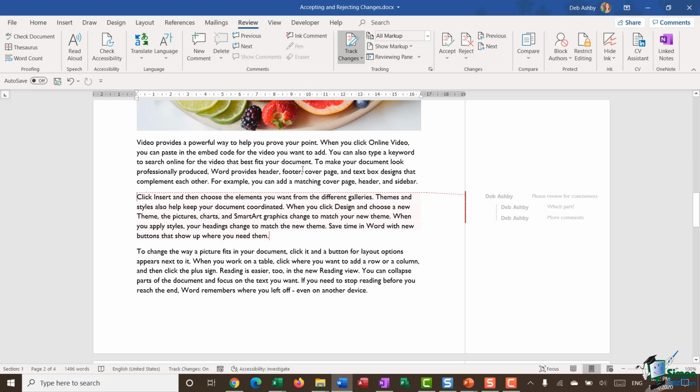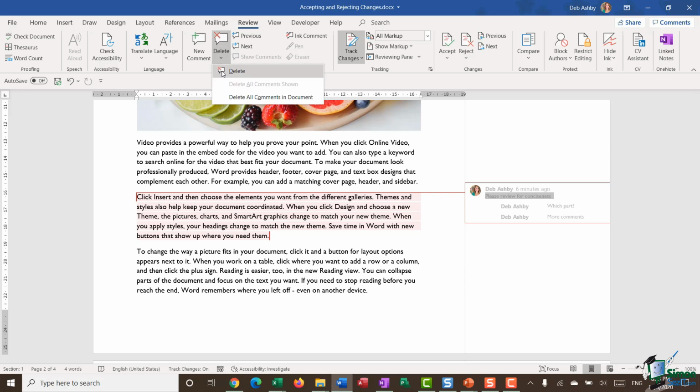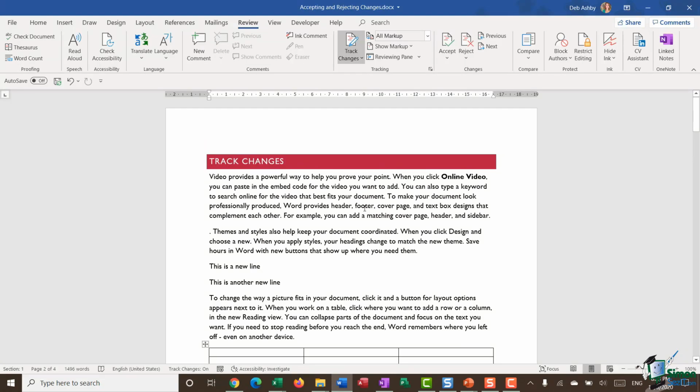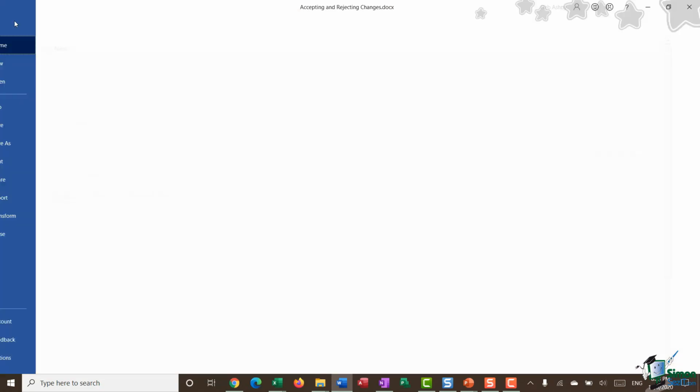Now, the only thing here that you'll still see are any comments. This comment was resolved, but it's still showing in here. If you don't want this comment to be showing any longer, you can click on it, and then up in the comments section, you have a delete option, and you can delete that comment out if you've reviewed it and updated accordingly. So now I essentially have my finalized document, so I might want to jump into File, go down to Info